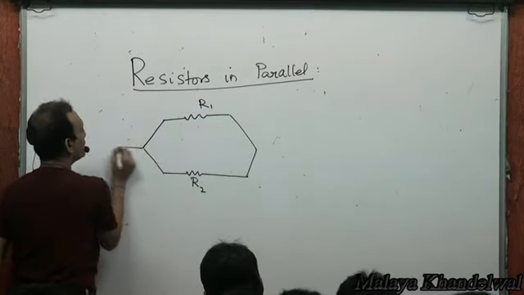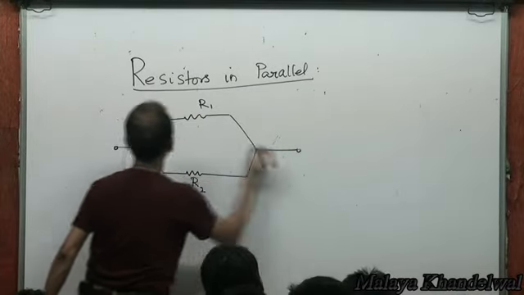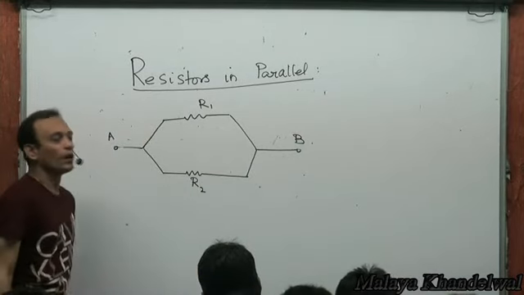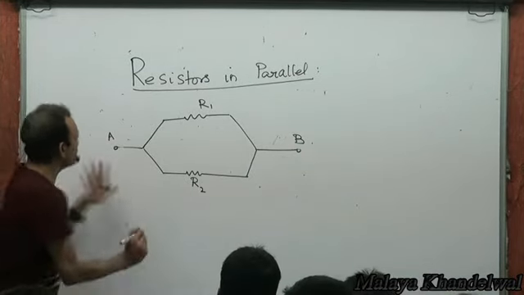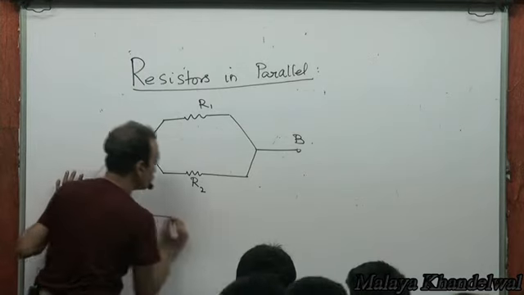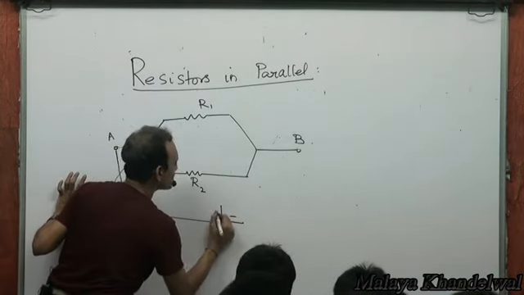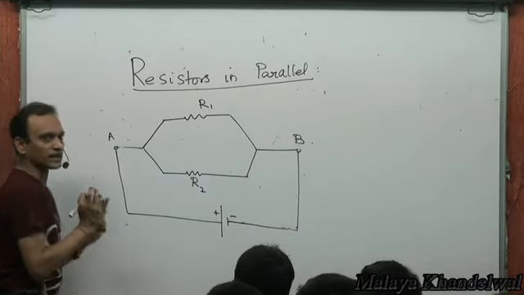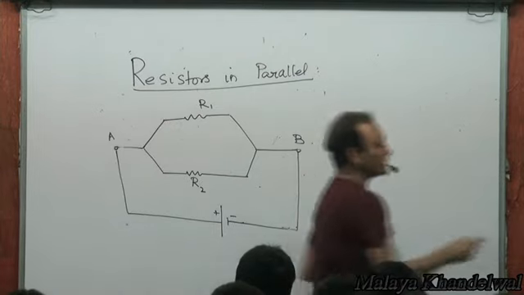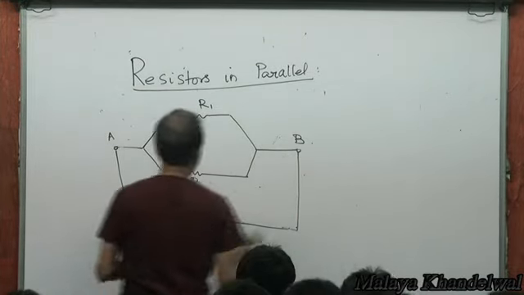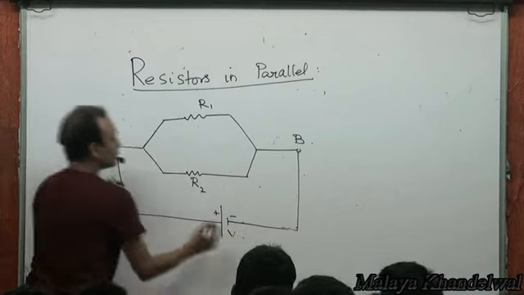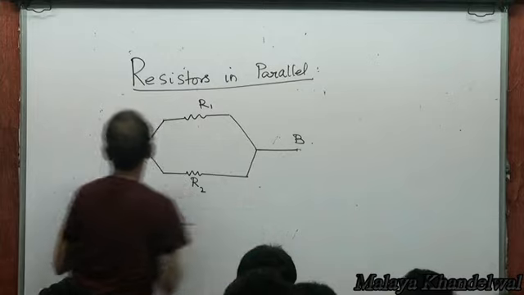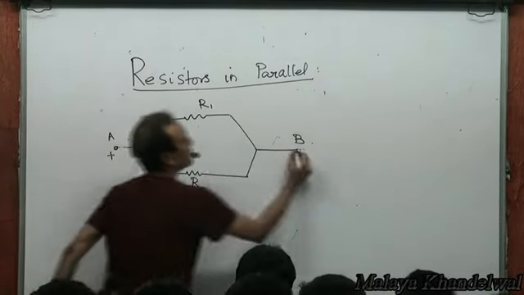R2, and across these two points A and B, they are in parallel. Now one thing: from now on, instead of drawing a full loop like this, saying that there is a battery connected of V volts, what we'll do will save us some time. That is also conventional. Say this is V volts. Instead of drawing all of this, we'll simply do a plus here and a minus here,